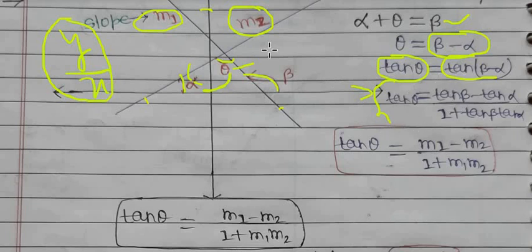So from here, as I said, slope is basically tan theta. So tan beta is for what? Tan beta is m1 and tan alpha is m2. So tan theta is equal to (m1 minus m2) upon (1 plus m1 into m2). So we conclude that the angle between two lines having slopes m1 and m2 is given by tan theta equal to (m1 minus m2) upon (1 plus m1 into m2). From this formula, I'm going to conclude the concept of parallel lines and perpendicular lines.